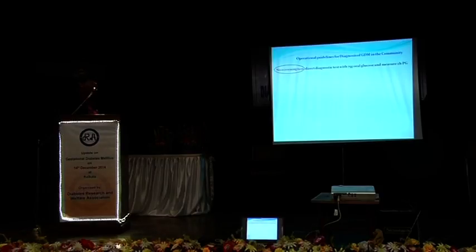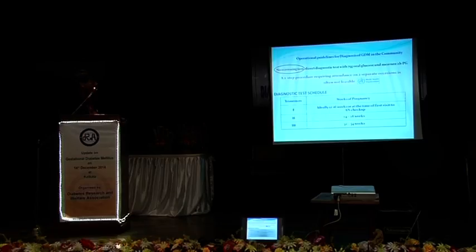Operational guidelines for diagnosing GDM in the community. No screening test is required. Direct diagnostic test with 75 gram oral glucose and measure the 2 hour plasma glucose. The 2-step procedure requiring attendance on 2 separate occasions is often not feasible, so just to avoid that, the single step test is preferable. In the first trimester, 12 to 16 weeks is the right time for screening or diagnosing